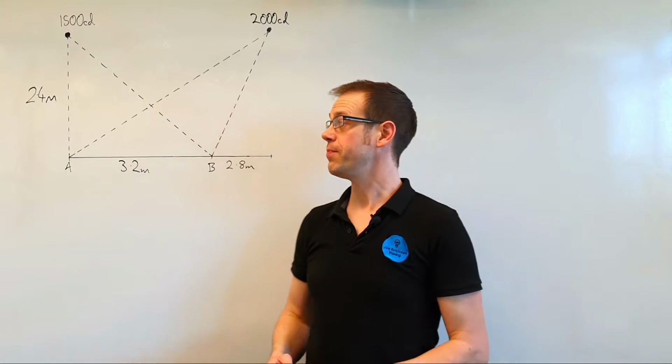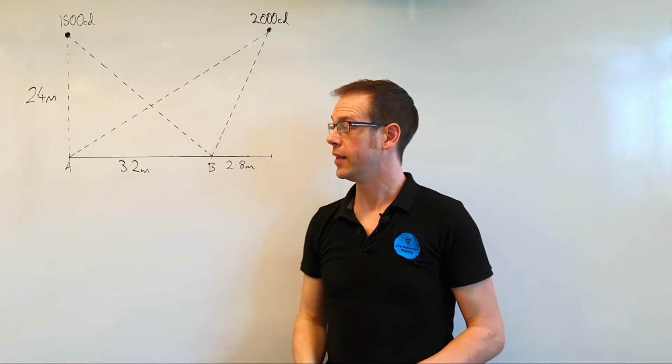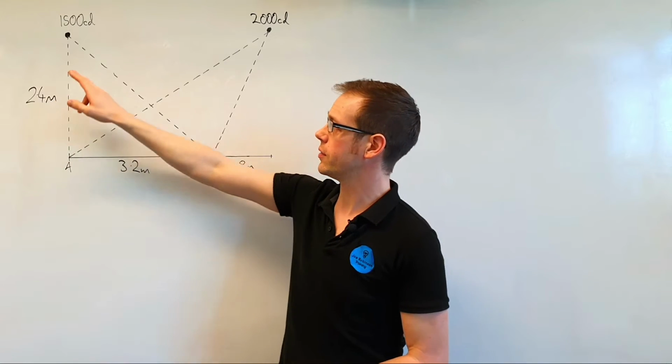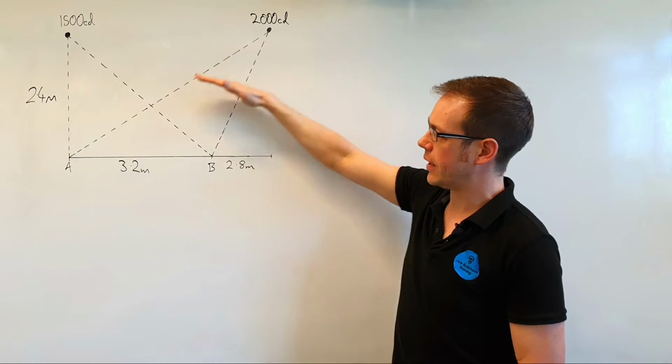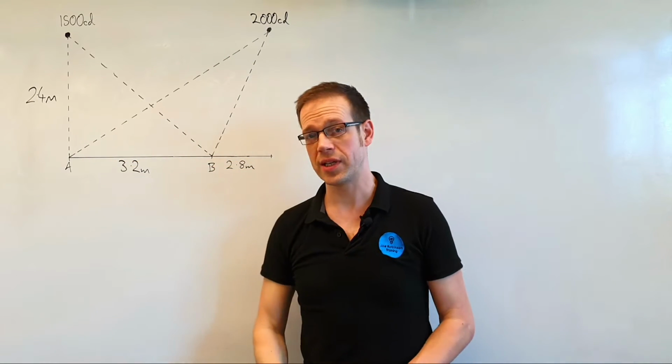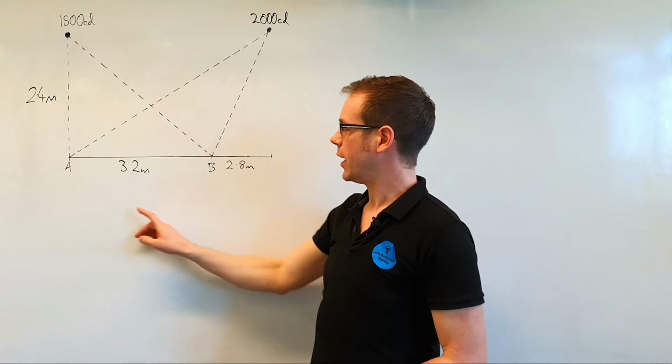So you'll see from that question that we've got the drawing that you can see on the board here. What this is indicating is that we've got two sources of light. We've got a source of light here and a source of light here that are shining down onto this surface. And the question asks us to calculate what the illuminance will be at position A and at